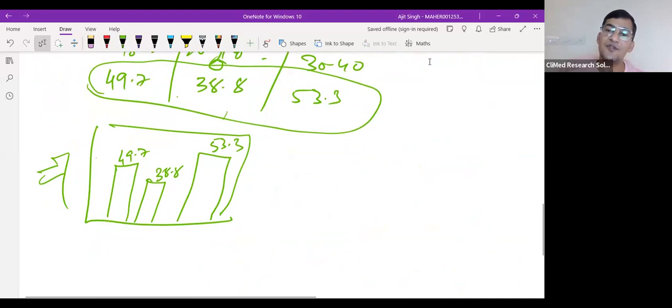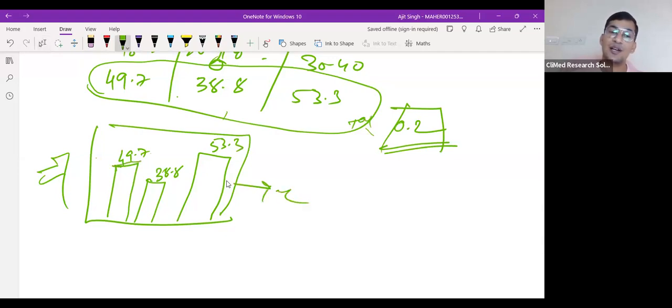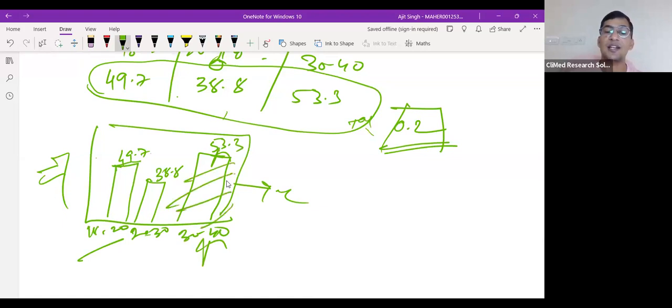And this is for scientists, for people who are educated and qualified, but for people looking at the data for the first time, this also takes time, maybe 0.2 seconds. With a diagram there is no need to use the brain, just look at it. Which bar is higher? This one. This group belongs to 30 to 40, this group to 20 to 30, this group to 18 to 20. So which one is higher? This one. Anyone can look at this and say, oh, this group of women has the highest weight